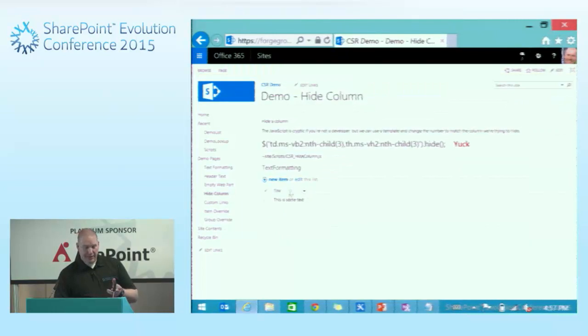All right, but you can see how easy that was. That's one line of code in there. All right, we did the empty web part. Let's jump over to